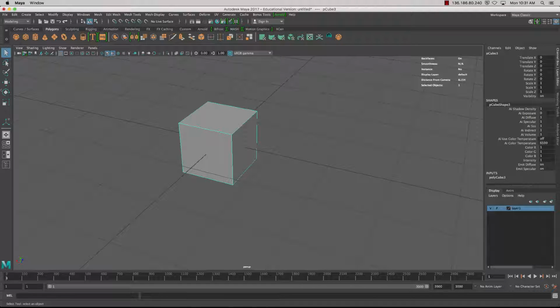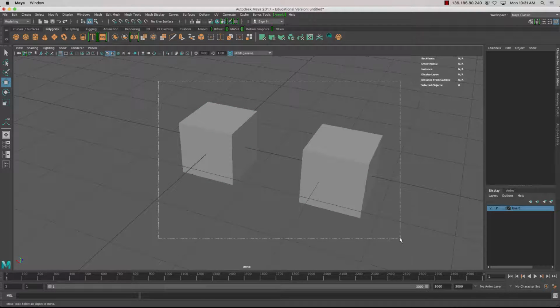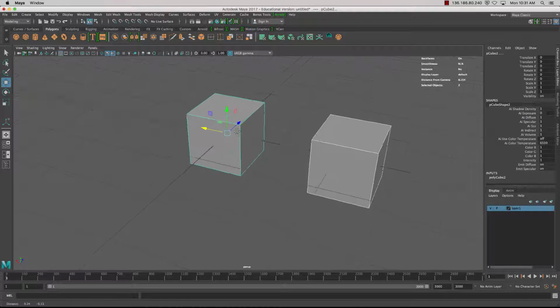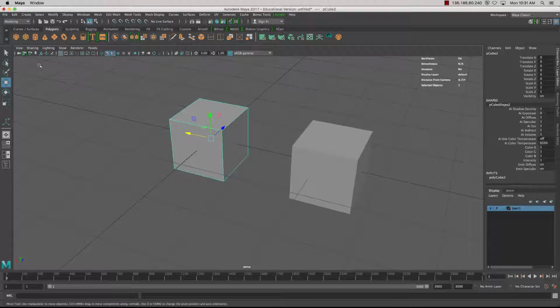If we have two objects, I'll just move one out of the way. If we have two objects in our scene and we want to select two things at once, we can either marquee select and select those, or we can click on one, shift, and click on the other one to select it as well. To move objects, like I just did, we use the move tool,